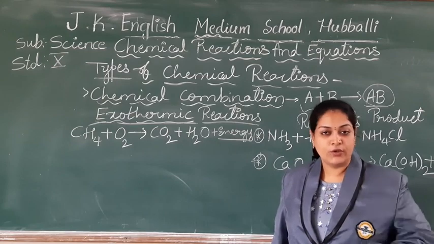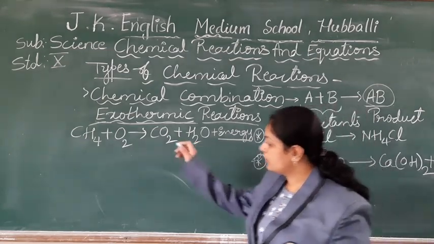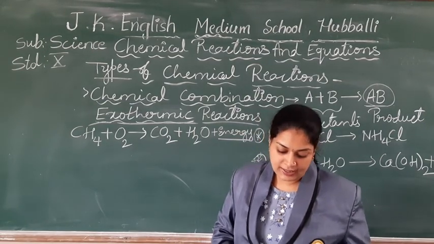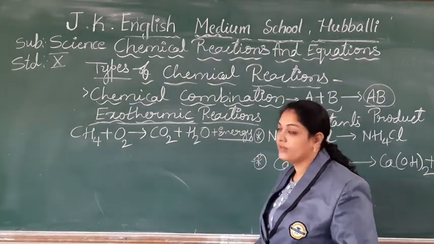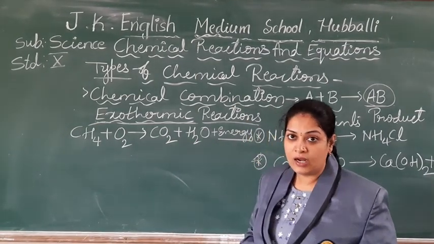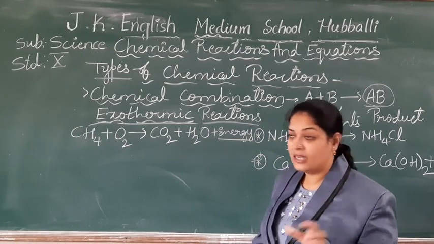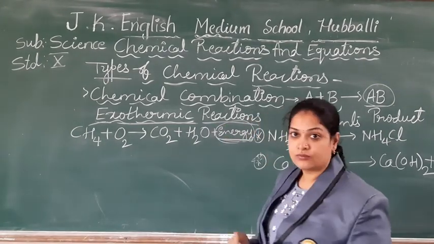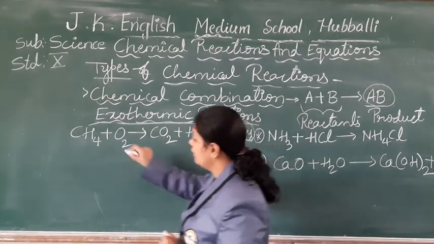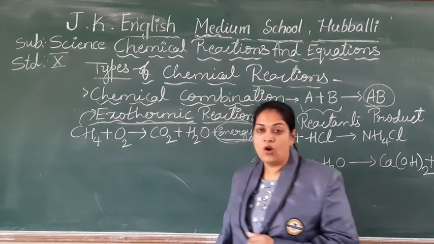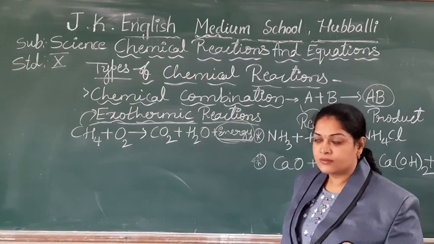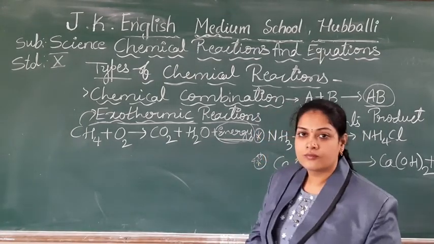Combustion is nothing but you are going to get the energy, right? So for the combustion process, you have used methane, which is one of the natural gases. When methane combines with oxygen, you get carbon dioxide, and a small amount of water liberates out. But what is the main thing we are focusing on? That is the energy. So heat liberates out after this reaction. So we can take this reaction as an example for exothermic reaction. Understanding, students?